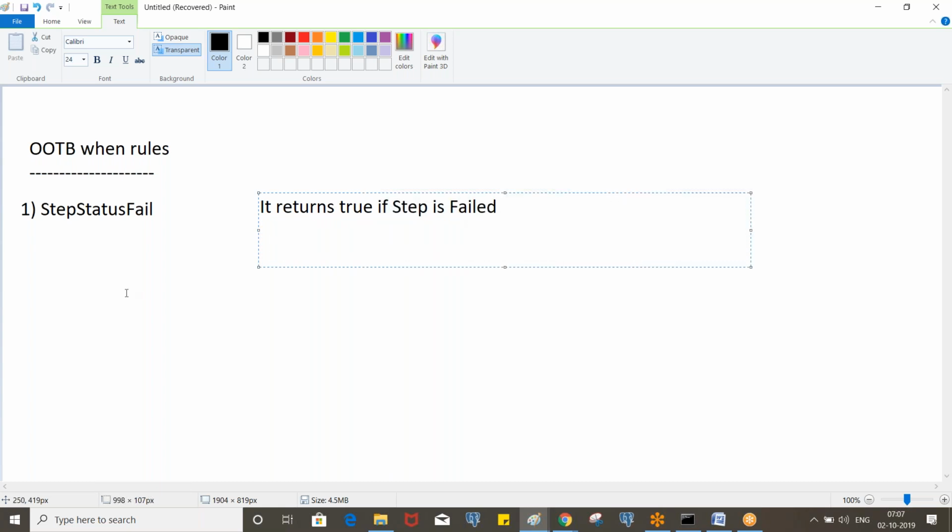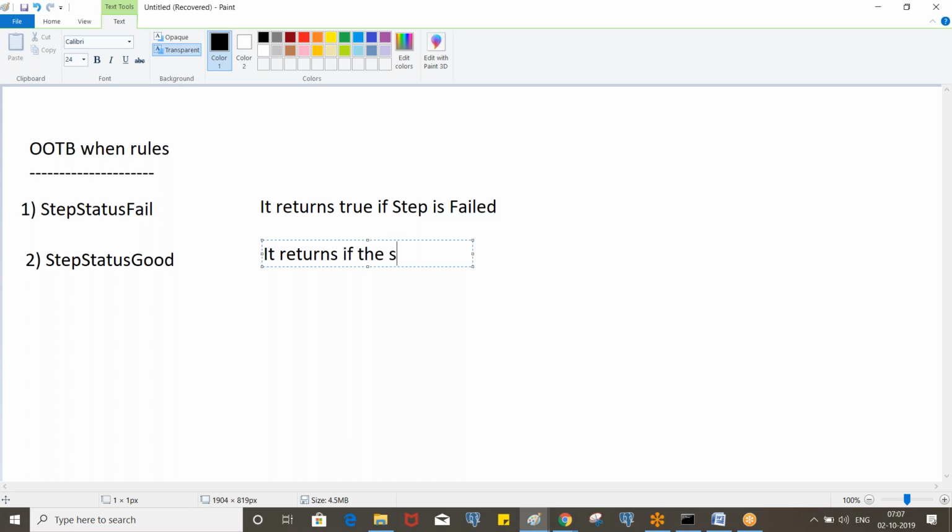And we have a similar when rule called step status good. It returns true if the step is good.